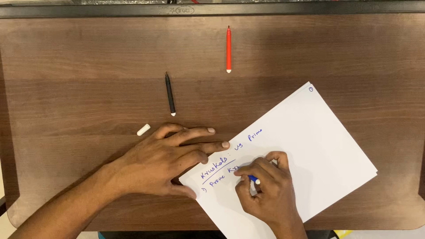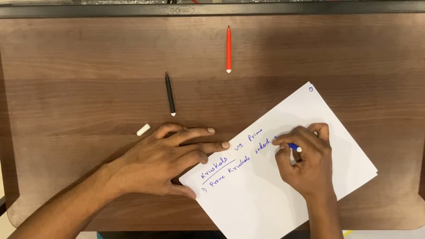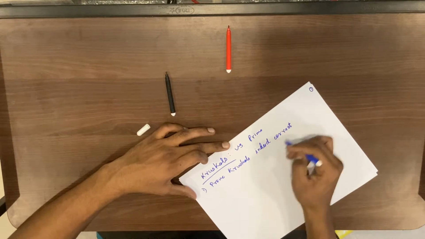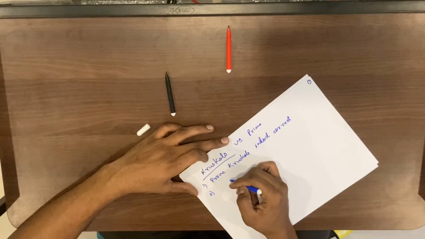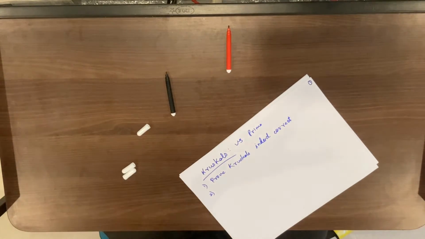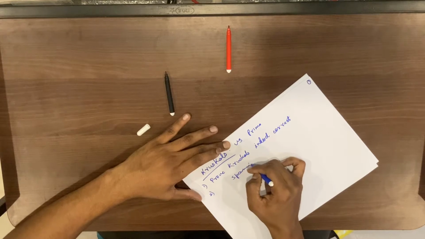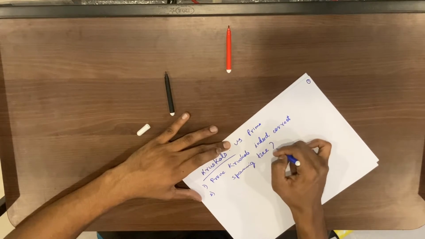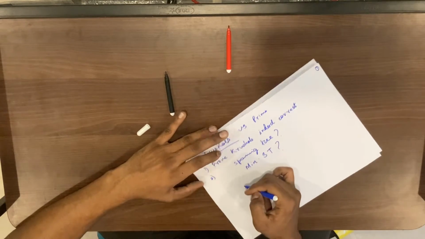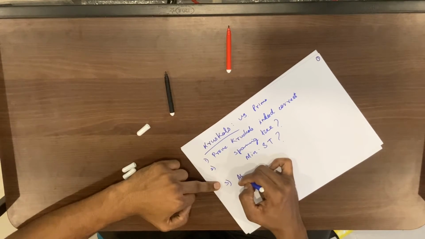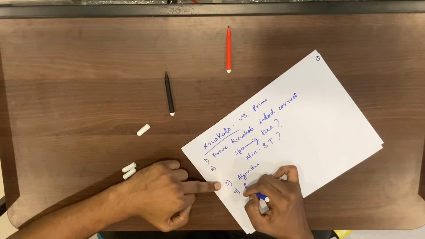Prove that Kruskal's is indeed correct, that is the algorithm. And how will we do that? The only way to prove that any minimum spanning tree algorithm is correct is, first of all, to prove that it's at least a spanning tree. Then we'll show it's a minimum spanning tree. Then we'll see the algorithm and its running time,